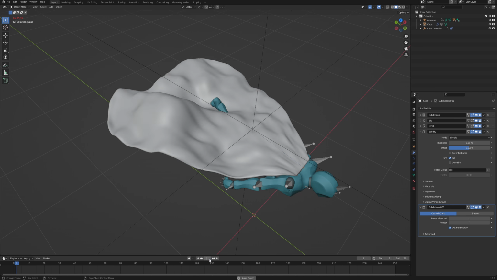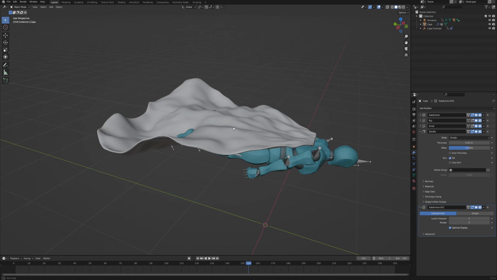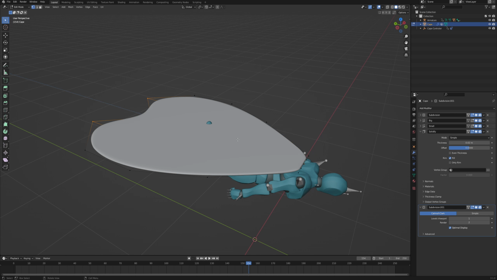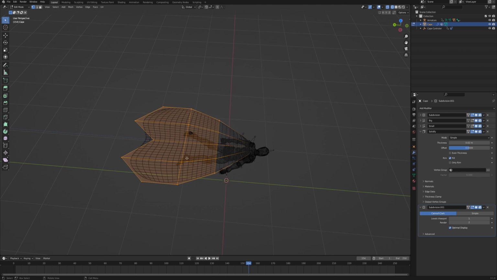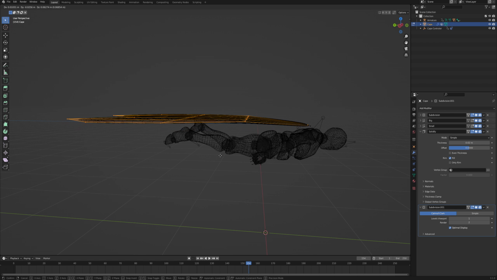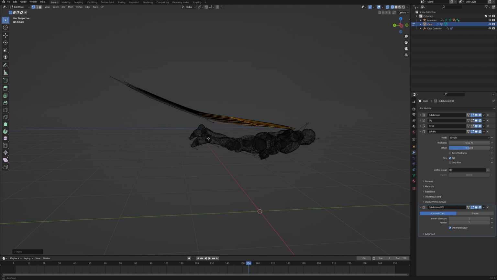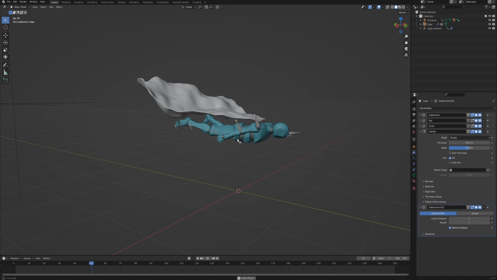And now, as you can see, when we play the animation, the cloak is clipping through the leg of our character. So just to make sure that it flaps above that, we can select the cape, go into the edit mode. And because we are using this modifier stack, we only have those few vertices that we have to take care of in order to change the shape of the cape. So let's select all of those and move them a little bit higher, maybe something like this, just to make sure that we have enough room for legs. And then when we play the animation, then we have this nice cape flopping around.